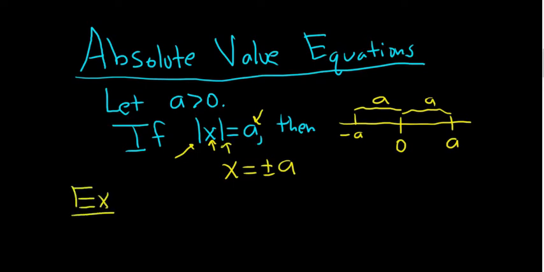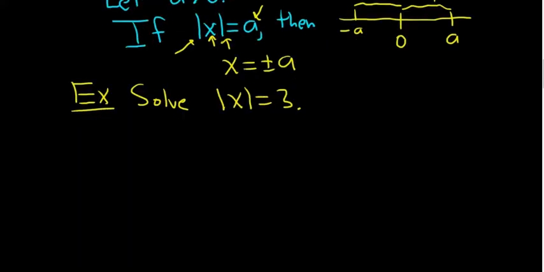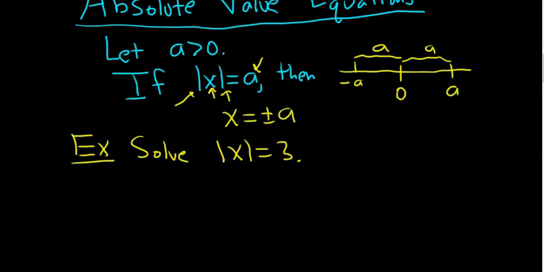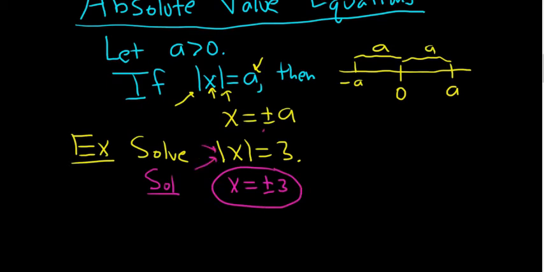So let's do an example. Solve the absolute value of x equals 3. We're going to solve this equation for x. So we have an absolute value, and the rule says whenever we have an absolute value, we can just drop the absolute value and put a plus or minus. That's it. Right? Now it's key that you have the absolute value by itself, right, on one side before you